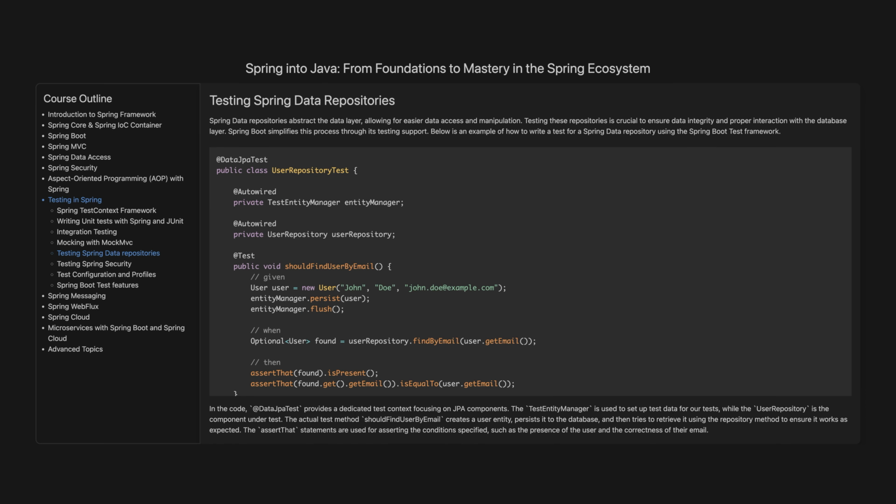Testing Spring Data Repositories. Spring Data Repositories abstract the data layer, allowing for easier data access and manipulation. Testing these repositories is crucial to ensure data integrity and proper interaction with the database layer. Spring Boot simplifies this process through its testing support. Below is an example of how to write a test for a Spring Data repository using the Spring Boot test